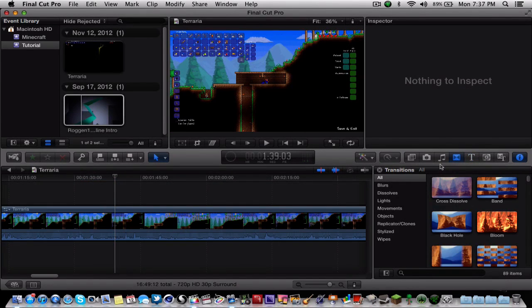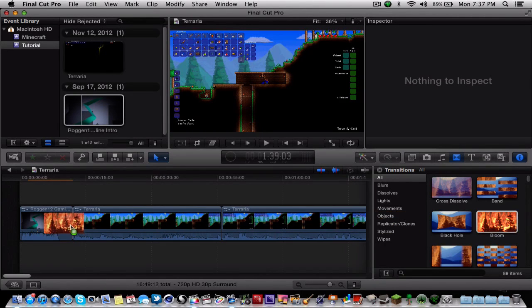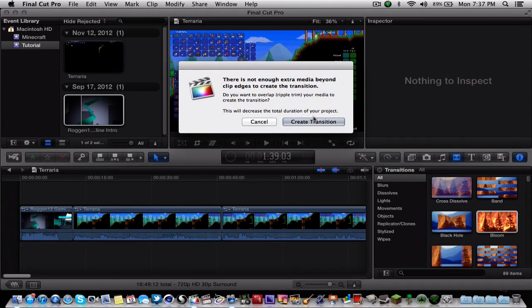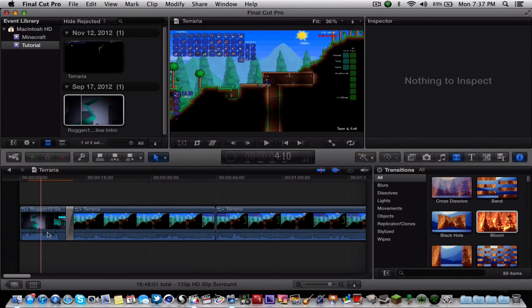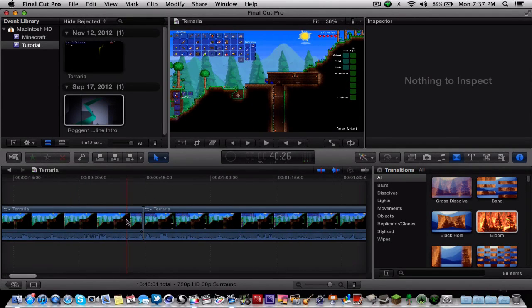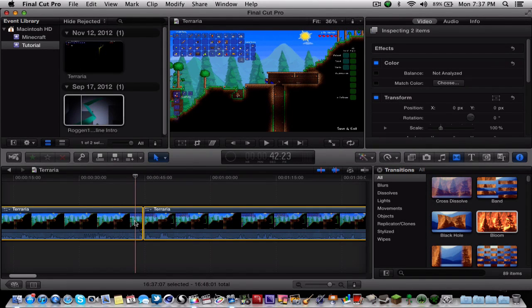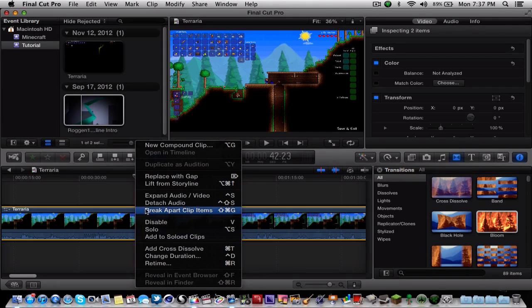You have transitions like I showed. So I'm going to put a transition in between my intro and my YouTube video right there. It'll ask, are you sure you want to create a transition? Yeah. So it's going to trim the edges blue. And I can go right here. Let's say I want to combine these two clips. I just select one, hold shift, select the other, right click, and